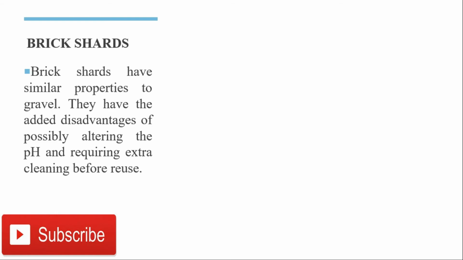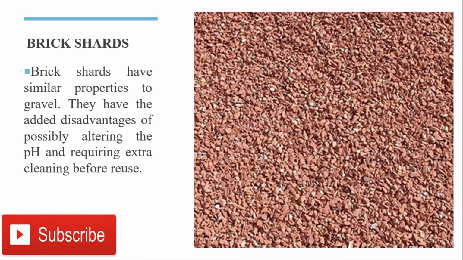So we must be sure that the pH of the medium is maintained, otherwise at the end we have a problem for growth and other things, nutrient availability and water availability. The root zone should be more productive to absorb the nutrients and water, otherwise our yield is lost. So this is an example of the brick shards that we can use as a source of medium for the plants in hydroponics.